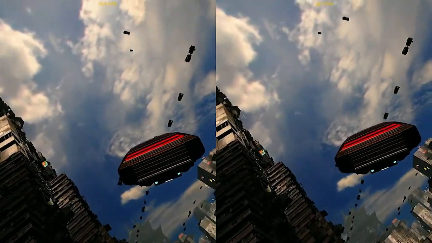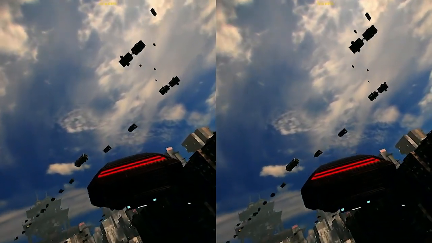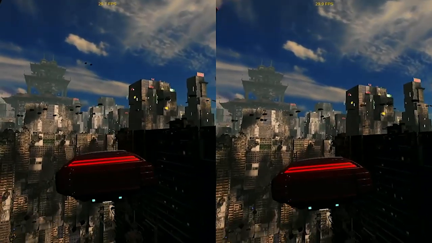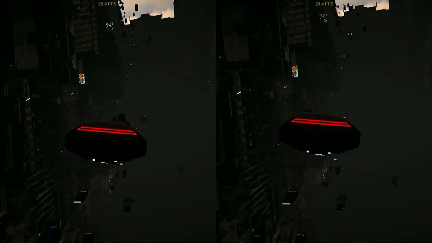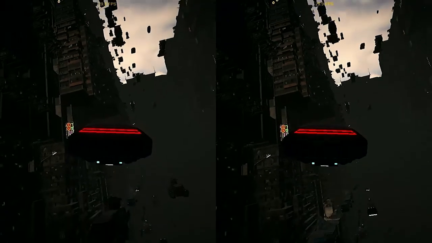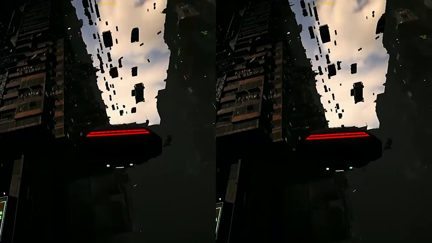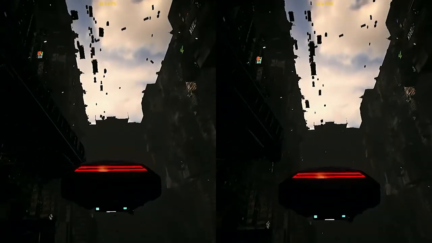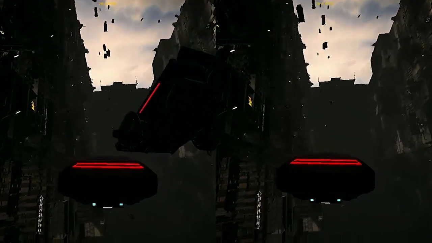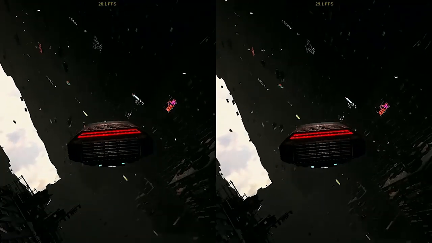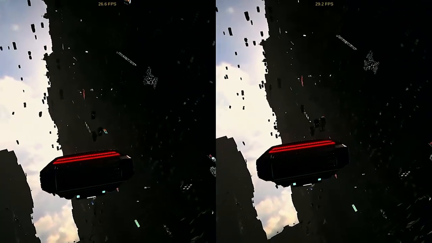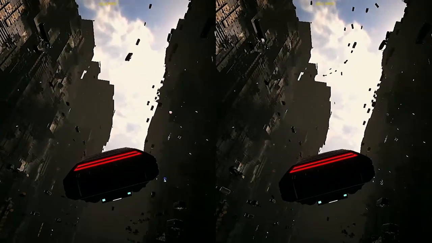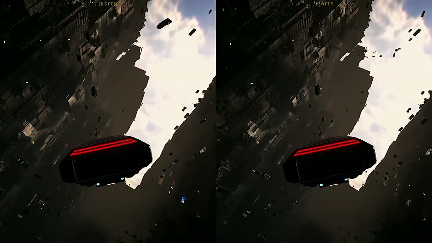So let's have a very quick look at how this looks. On the left side, Adaptive Performance is on; on the right side, it's off. In the beginning, they are very similar. Similar LOD popping, a similar amount of cars. And then after a while, we get a thermal event. So in Adaptive Performance, we increase the CPU time. But that means, in this case, we drop frames for a couple of frames, because the CPU needs to power up. But at that point, we reach a good, stable 30 FPS